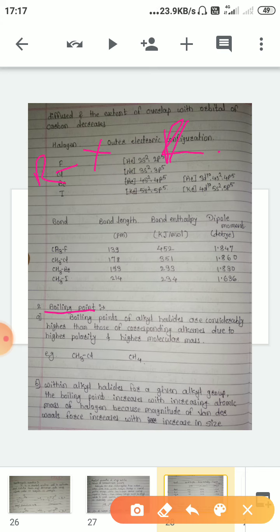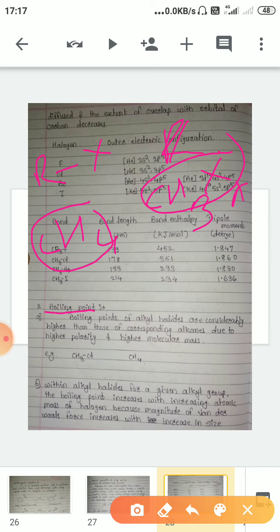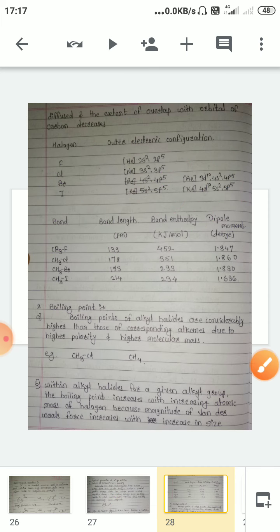Okay, with alkanes, if we take a particular example, for example methane is an alkane, then the halogen derivative of methane is CH3X. Now the boiling points of alkyl halides are considerably higher than those of the corresponding alkanes due to higher molecular mass. Now here the mass, if we consider a particular example,